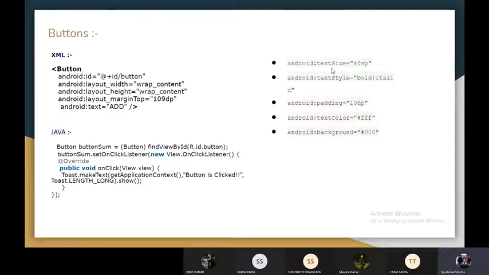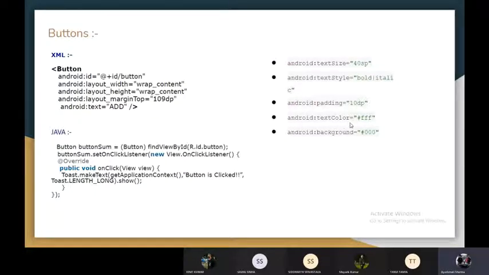Like if we want to increase the text size of what's written on that button, then we can simply increase the number from 40 to 50 to 60, like that. And we can change the text style too, like bold, italic, etc. We can change the padding; padding is the distance of that text view in that button. So right now it can be a bit confusing, I know, but after this whole PPT session, we'll be having a practical. There you can clear all your doubts about it.